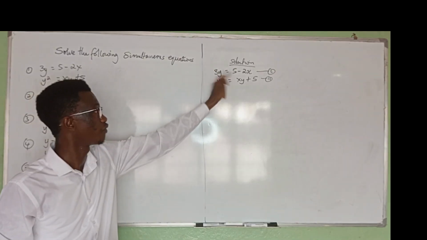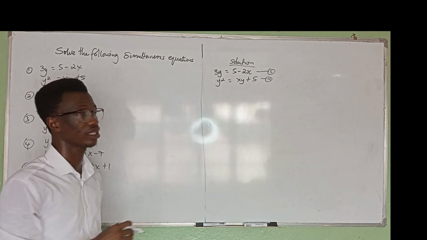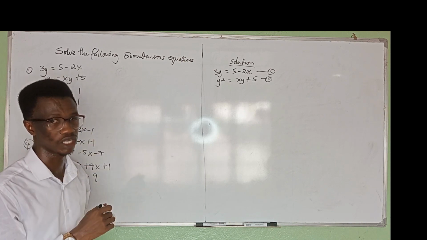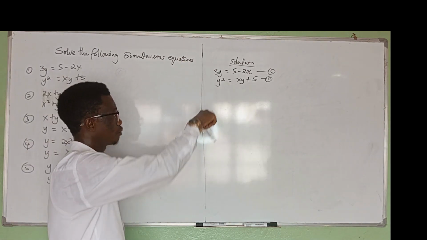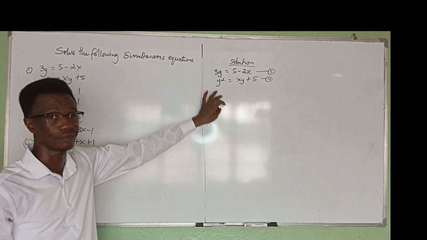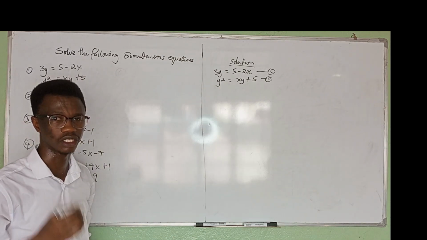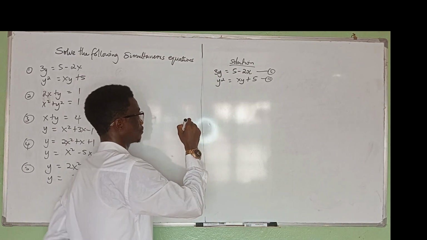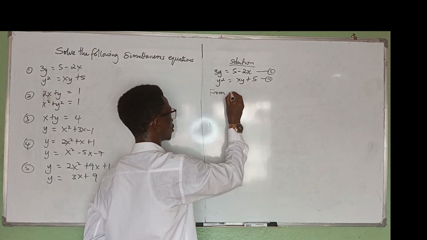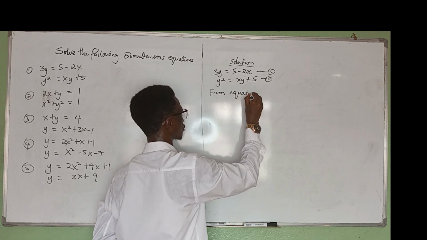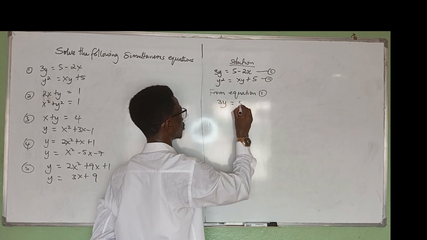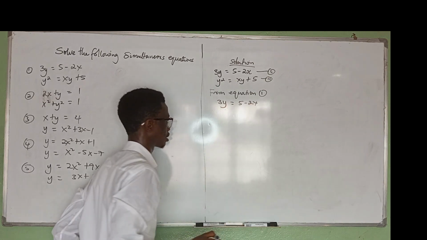So for that, from equation 1, let's make one of the variables the subject of the relation, and we can use that variable and substitute it into equation 2. Then we'll get the other variable that we didn't make the subject. So let's say from equation 1,